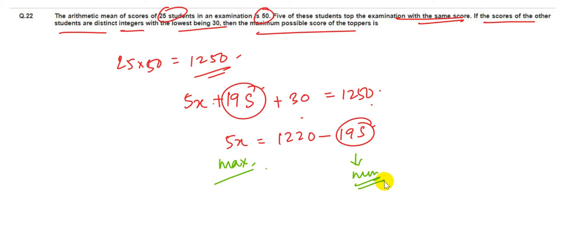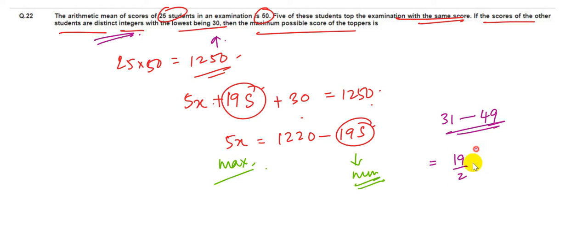Now if I have to minimize this, then the logic is that the scores of these 19 students being distinct integers have to be in an arithmetic progression starting from 31 to 49. So the scores of these 19 students will be 31 to 49, and this is the minimum possible scores that they can have based on the given condition that the lowest score is 30 and the scores are distinct integers. So the sum of this would be